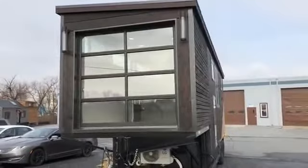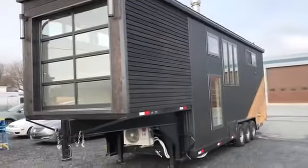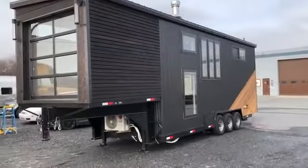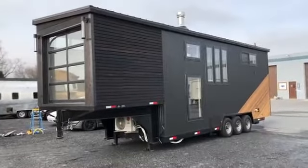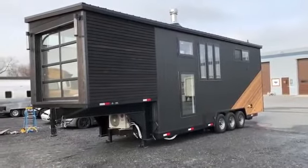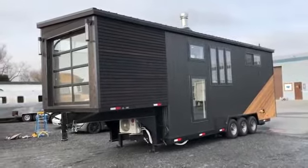So coming around to the back of the house here, we have a mixture of 3 different materials, or 3 different finishes, I guess you could say. For one, there's a lot of windows. There are 16 windows in this tiny home. And that doesn't even count the glass garage door or 2 skylights. So you technically have about 19 ways for light to get into this house, or 20 if you include the